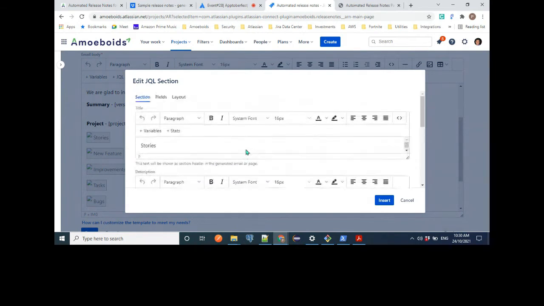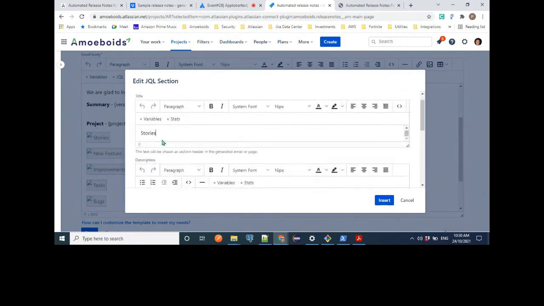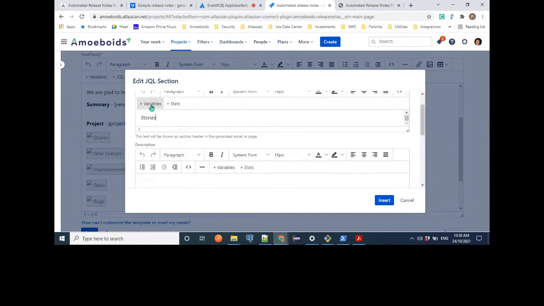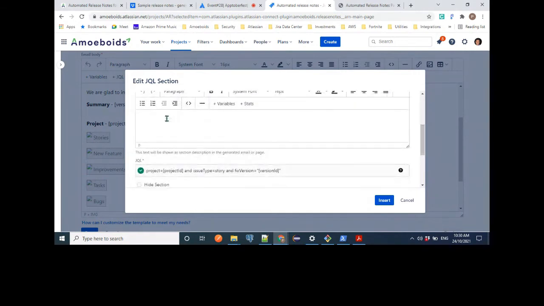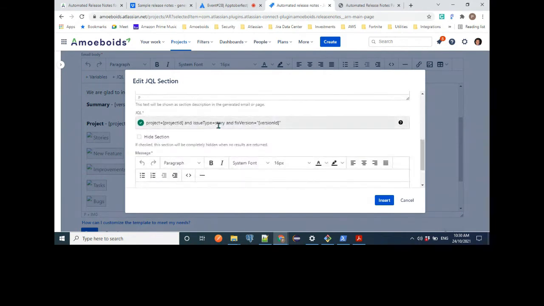For that, you can configure the title, then the description, and you can style it as you want. You can use variables here as well. Then the title and description will be shown below. Then this is the JQL,